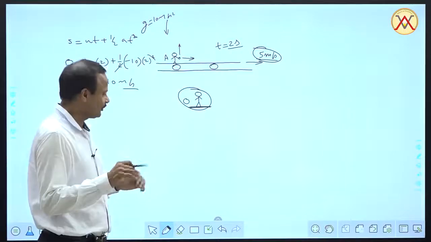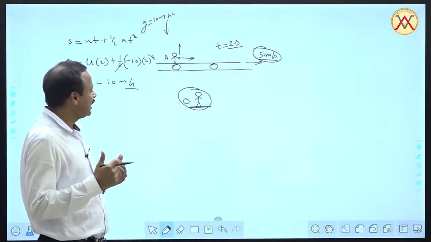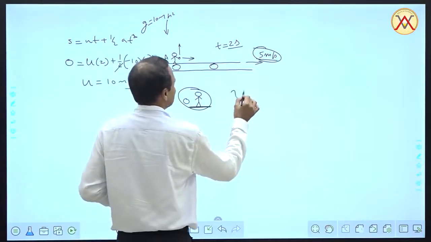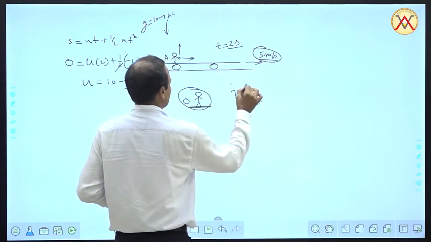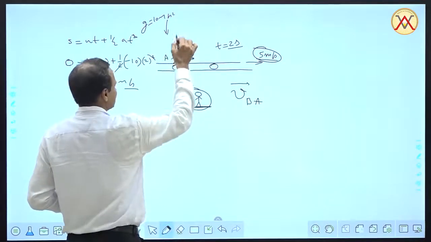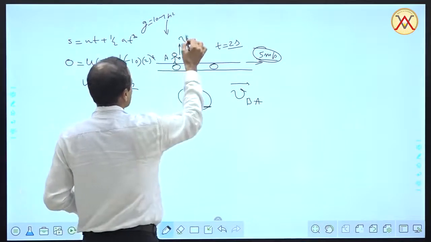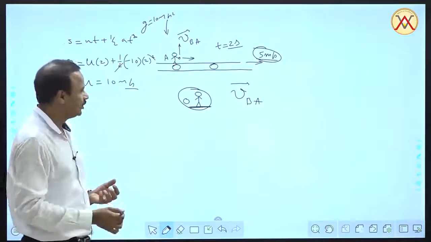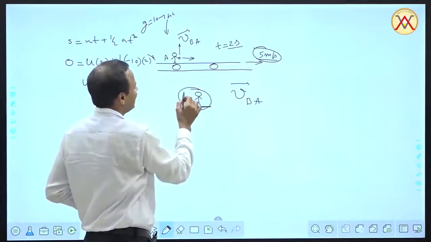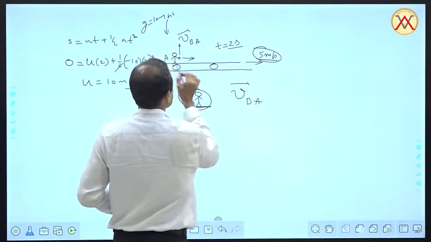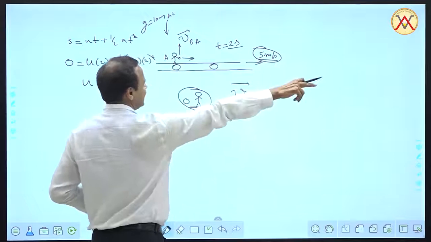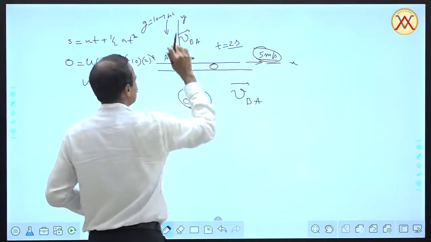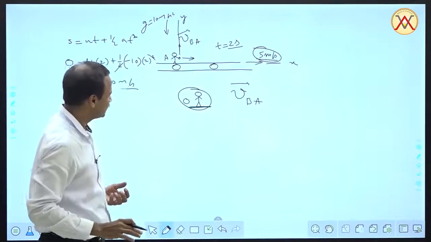If you want to write it in terms of the relative velocity vectors, you can say that VBA vector. Now which one was the BA vector? This one, this u that we have got, this was the VBA vector. The person must have thrown with velocity relative to himself vertically upwards. That was VBA vector. This one is, of course, VA vector, 5 meters per second in the x direction. So if I take this as my x direction, vertically upward is y, the usual xy coordinate system for projectile.